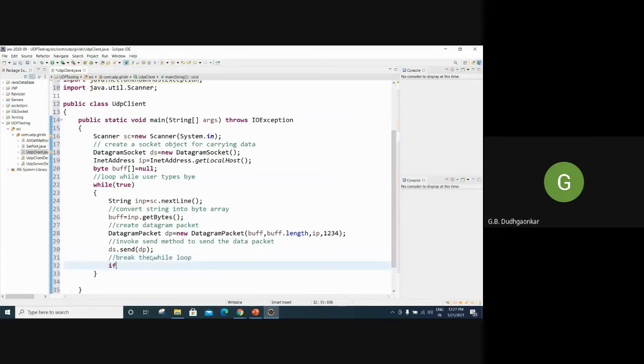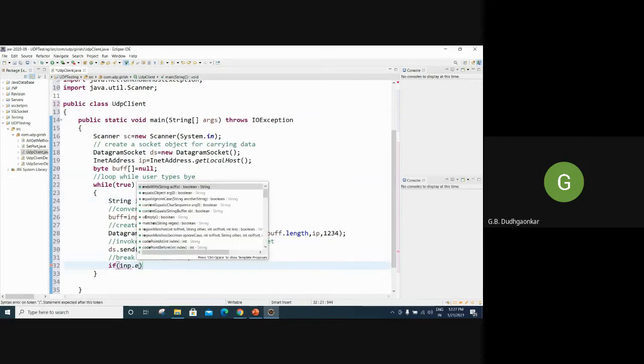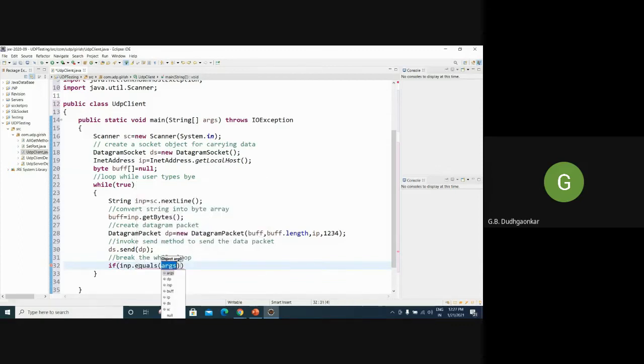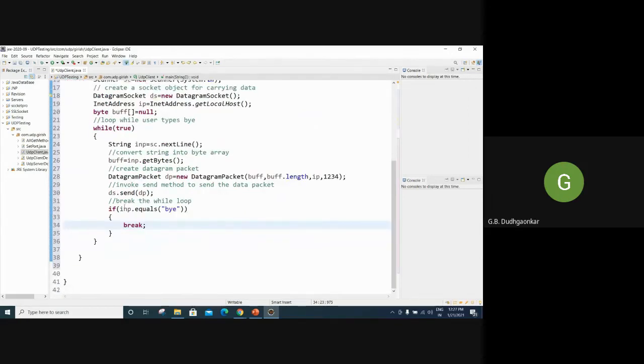For that we have to use an if condition, then whatever input message is typed by the user, we can use equals, then write here bye, then here we can write break. Okay. That means whenever the user types bye from the keyboard, the communication will be closed.